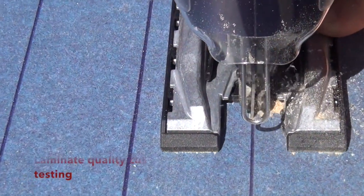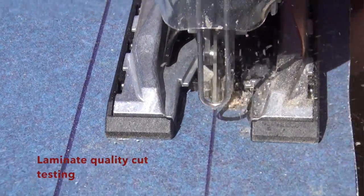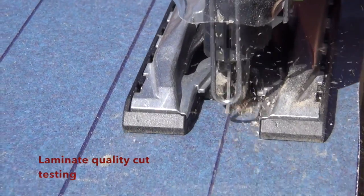I really need to stress this though, folks. You have to read the article because my video is not going to really give this a fair run. These tools were close. They were so close, and it's a very subjective test. You need to look at these things. For instance,